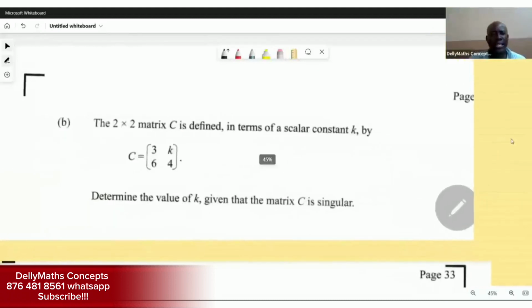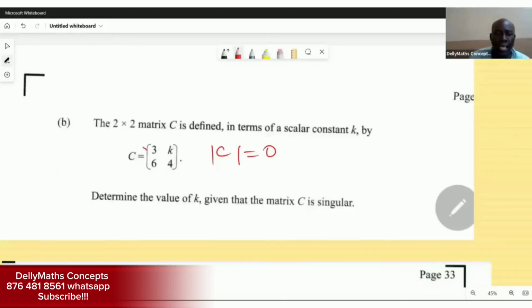Now, the next question says the 2 by 2 matrix C is defined in terms of a scalar constant k. As you can see, C is equal to [3, k; 6, 4]. Determine the value of k given that the matrix C is singular. What's the concept of a singular matrix? The concept of a singular matrix is simply that the determinant of that matrix must be equal to 0, which